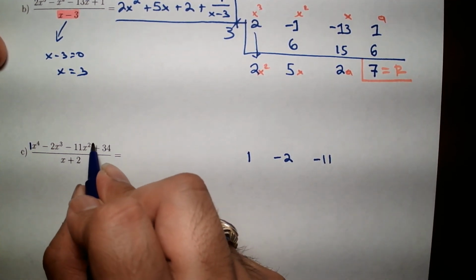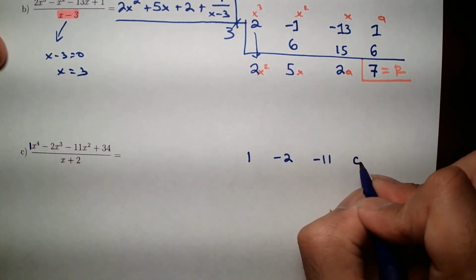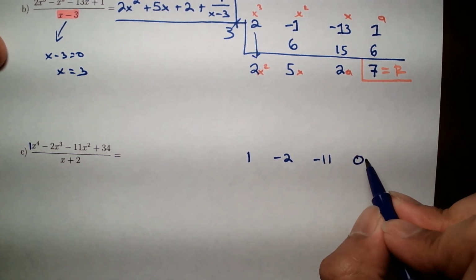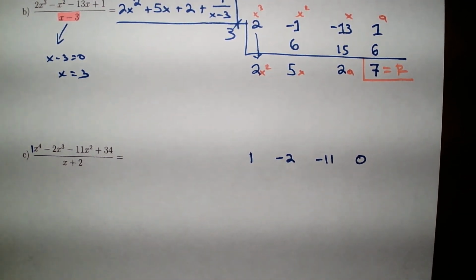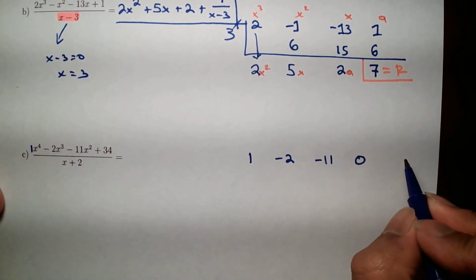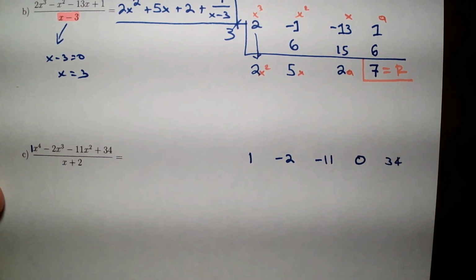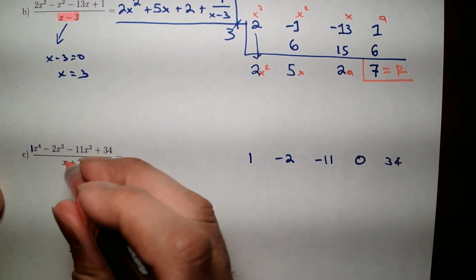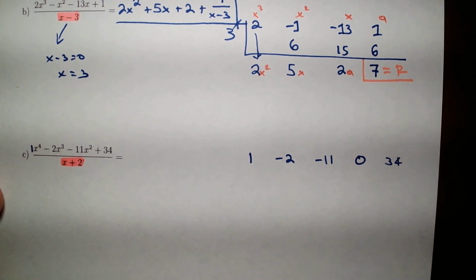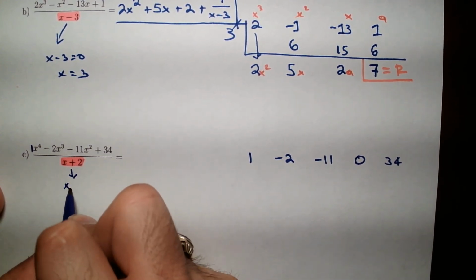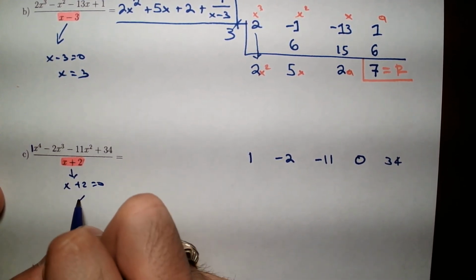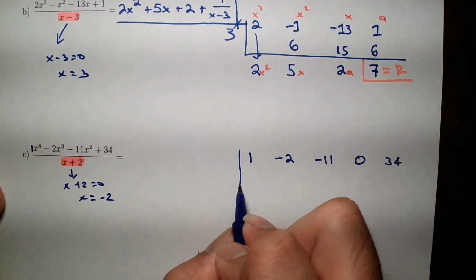Well, we need the coefficient of x. In this case it is 0. Be careful with it, because if you don't put this 0 as a placeholder, you may not get the correct answer. All right. So let's see. The constant term is 34 as well. And in this case, this is x plus 2. Change the sign, set it equal to 0. And that's the number we divide by,